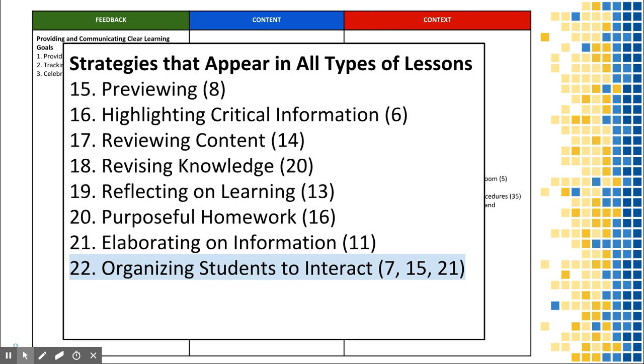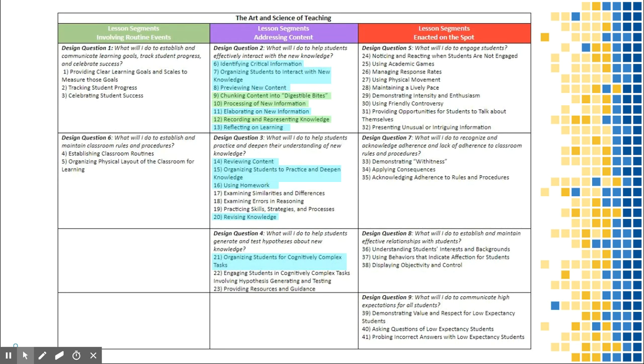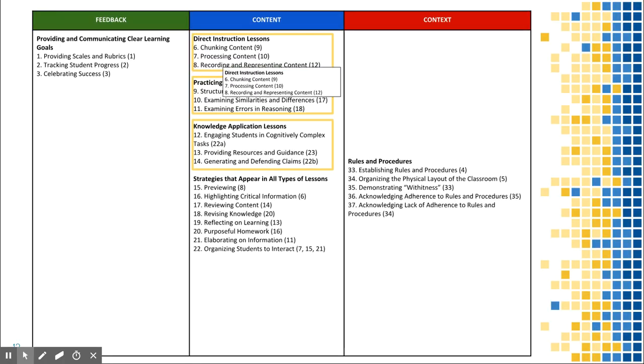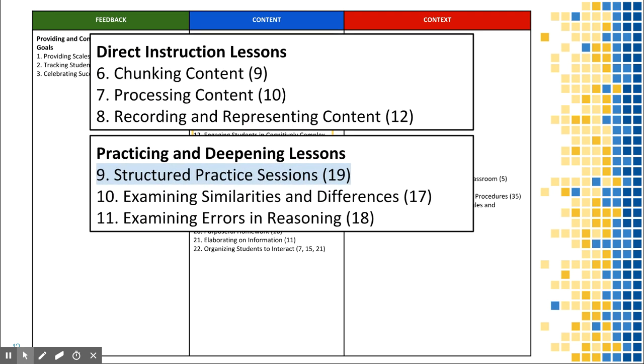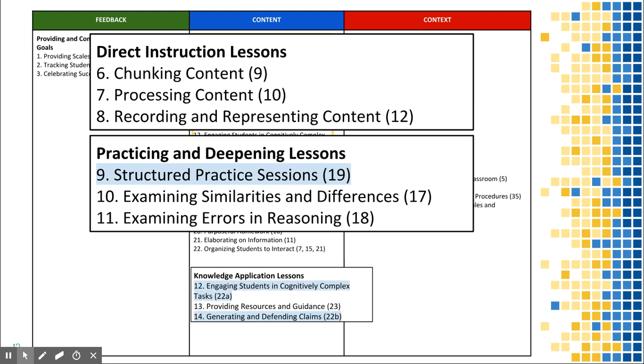The other elements in DQ2, 3, and 4 have been left where they are in the framework, but under new category titles. So you'll see DQ2 is now direct instruction lessons, DQ3 is now practicing and deepening lessons, and DQ4 is now